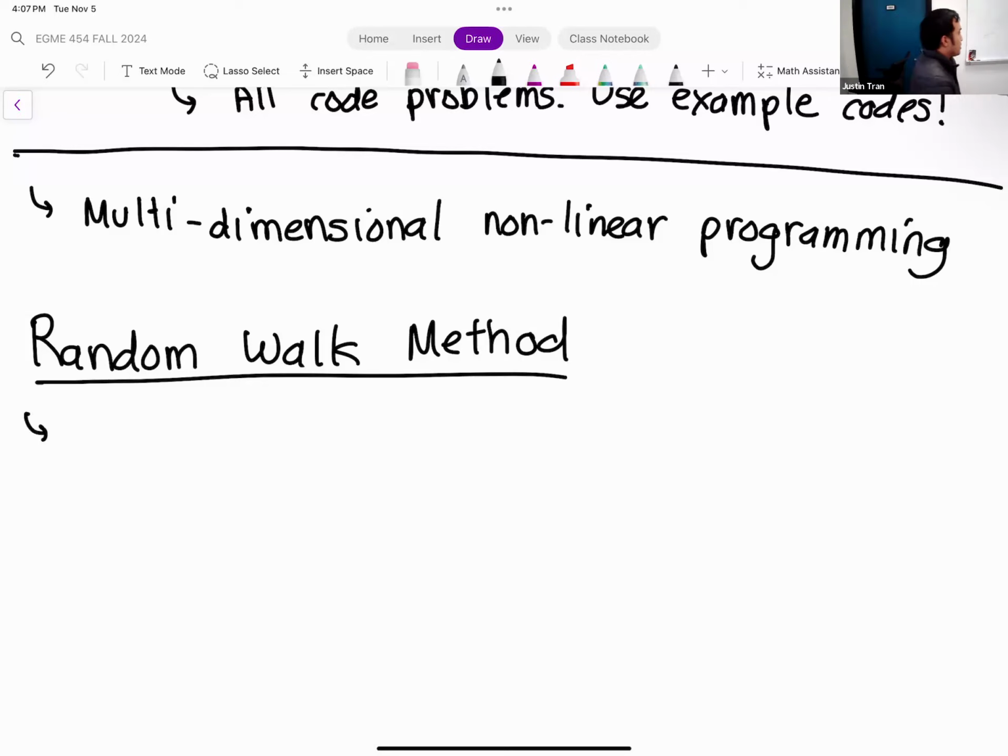Well, to start, it's actually interesting to compare random walk to Monte Carlo, right? So let's remind ourselves very quickly how Monte Carlo methods work. Okay, so the Monte Carlo method, if you recall from last Thursday, basically chose a random value for each of your variables on each iteration of the algorithm.